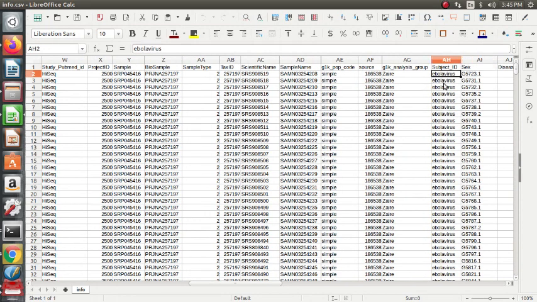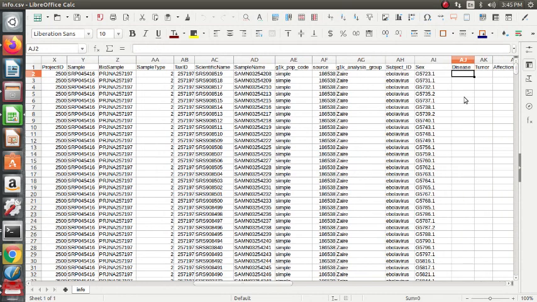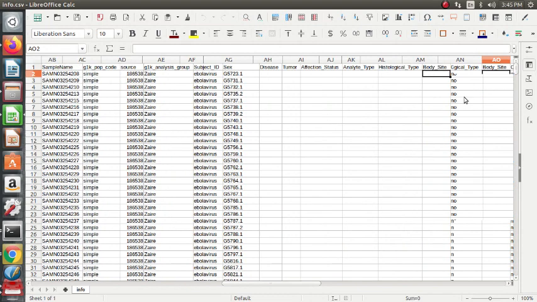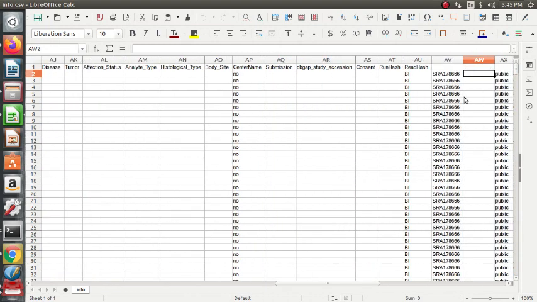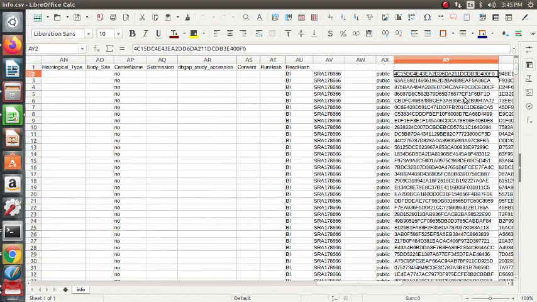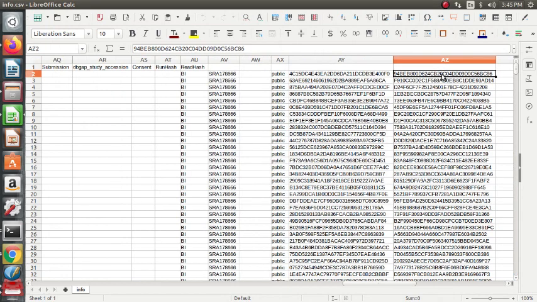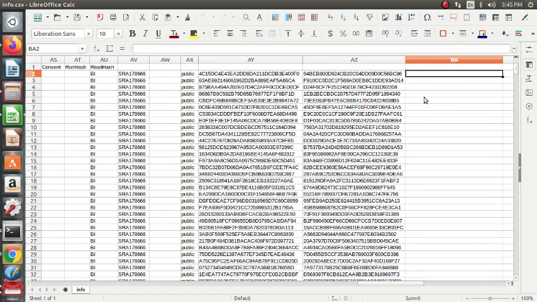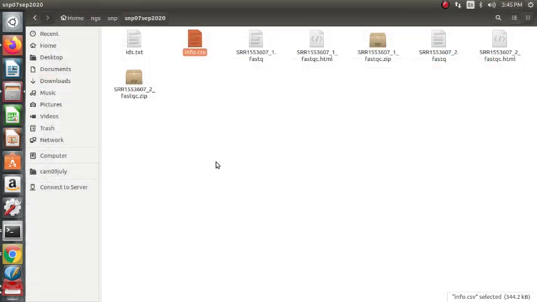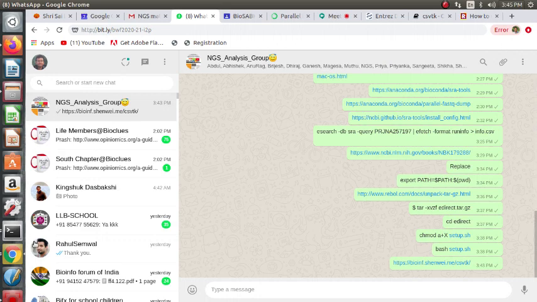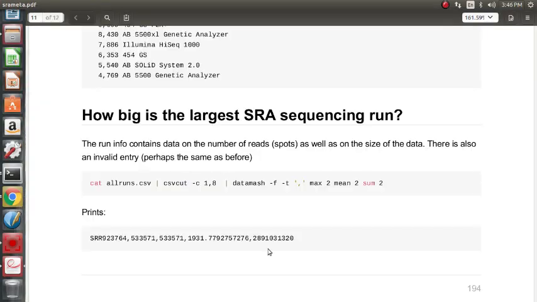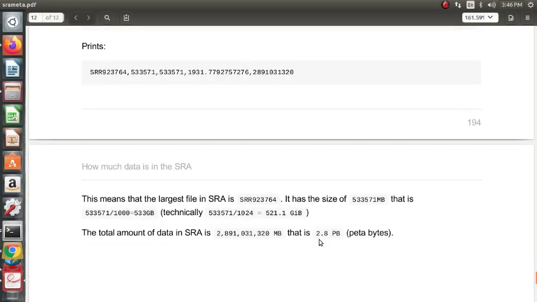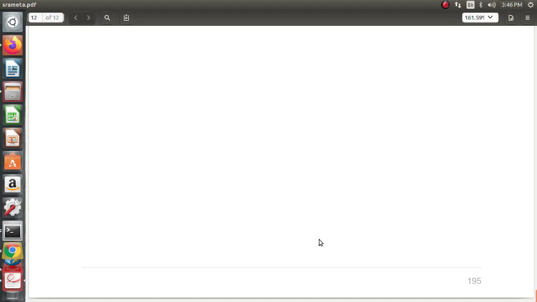Similarly, using the BioProject ID for coronavirus, you can get the subject ID for the coronavirus here. Yes. Up to this, okay, and this is a public dataset, and this is the MD5 checksum. Basically we discussed this already. I was just recapping this SRA metadata. This is the last page, right?